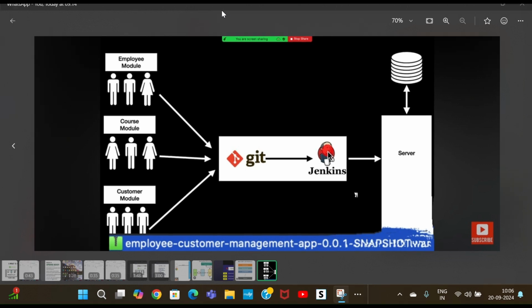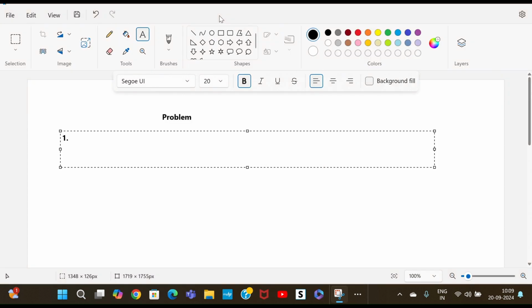This is because of the monolithic architecture. We have discussed previously that our entire application is zipped and deployed together on the server. So the problems occur, and there are two problems coming up here. The first problem we will discuss here is: